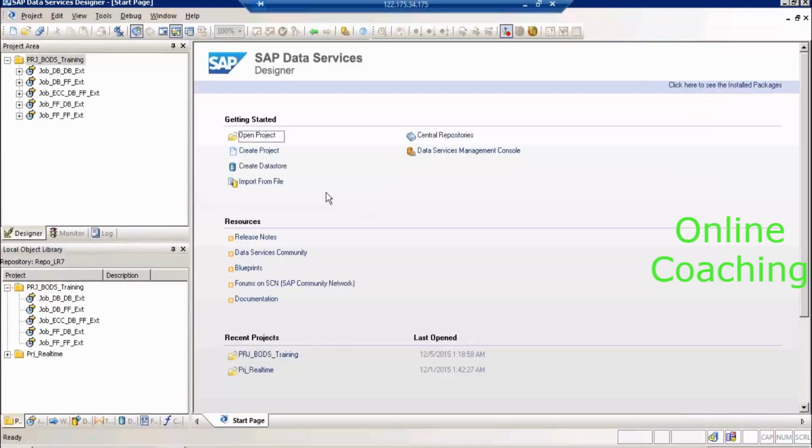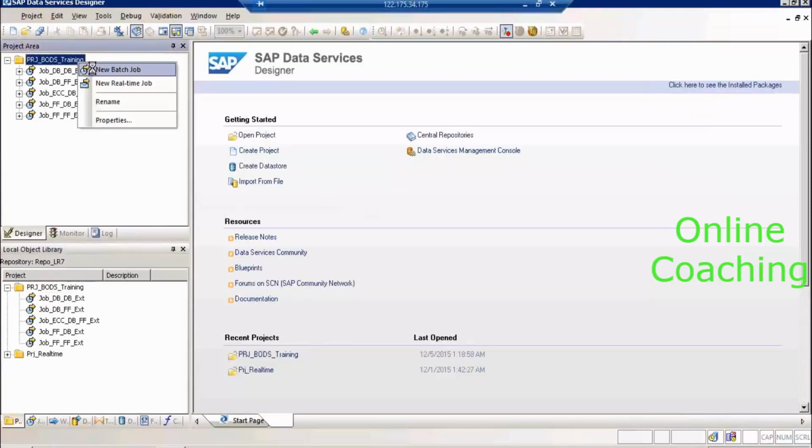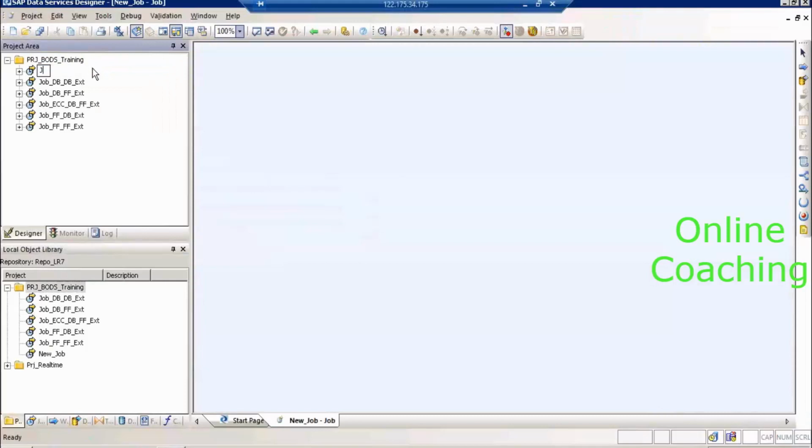Now let us go ahead and create a job. I'm creating a job and calling it job_condition_script_and_global_variables. I'm just giving the name: job, condition, scripts, and global variables. Now if you go ahead and look at where we can find the conditions, scripts, and